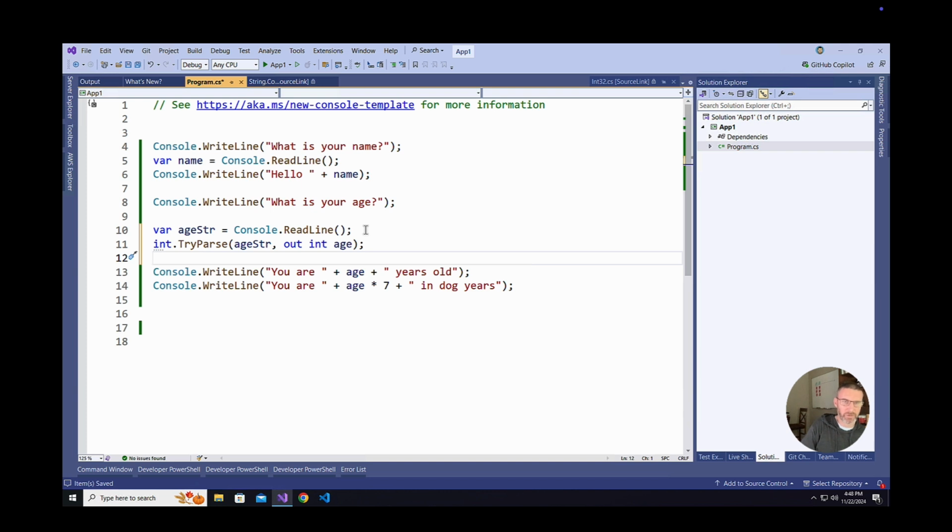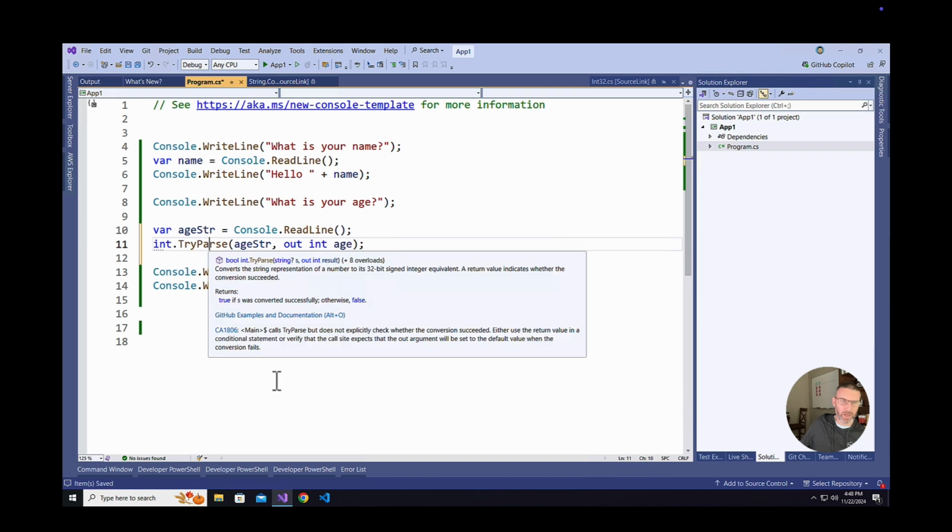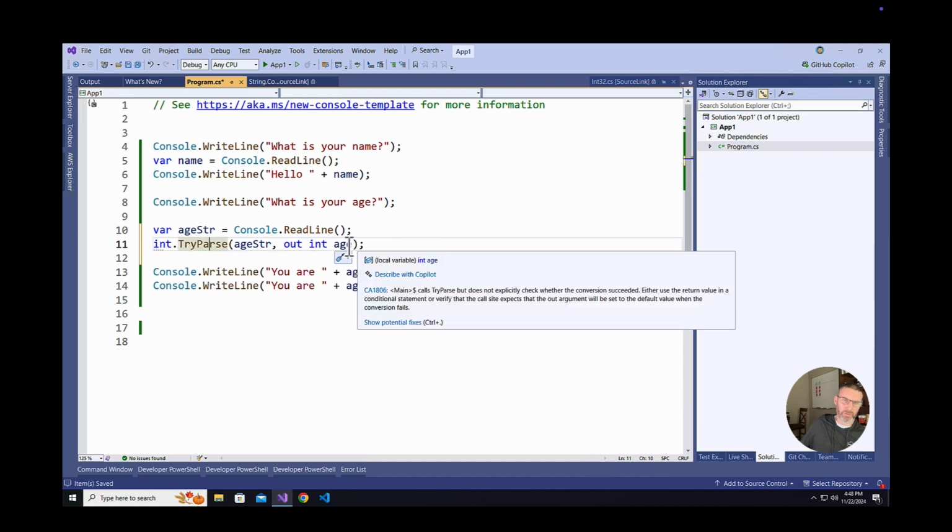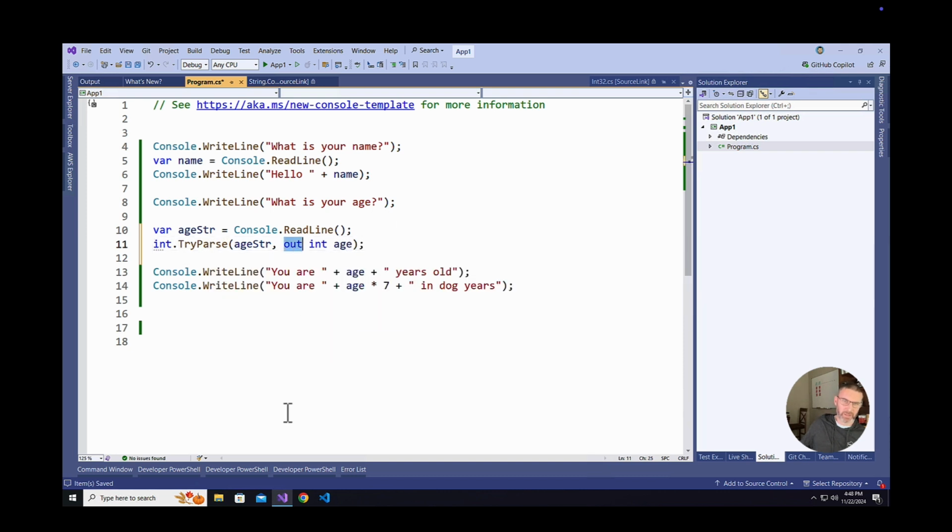We can just do an int, and we do this method TryParse, and it'll output the result in an age variable. This out statement here is something we will get into during the course of some of these videos,